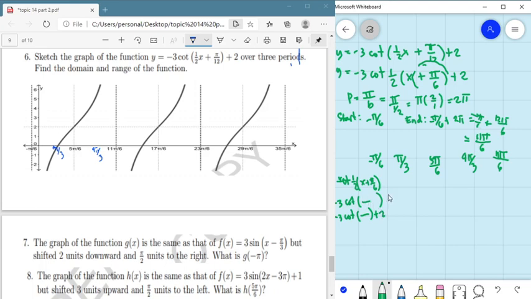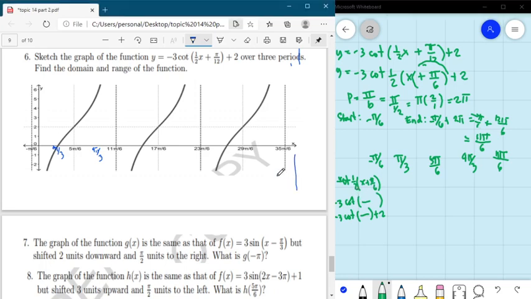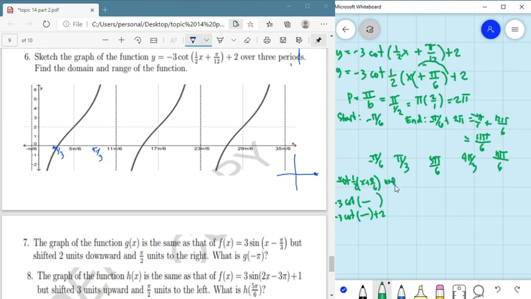Okay? So first, when x is negative pi over 6, this is 0 times 1 half, which is 0. So at 0, cotangent is cosine over sine. Your sine here is 0. So the denominator is 0. Therefore, it's undefined. So that is why at negative pi over 6, it's a vertical asymptote. Okay? Then, for pi over 3